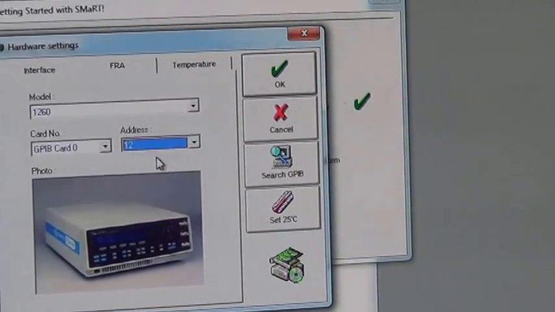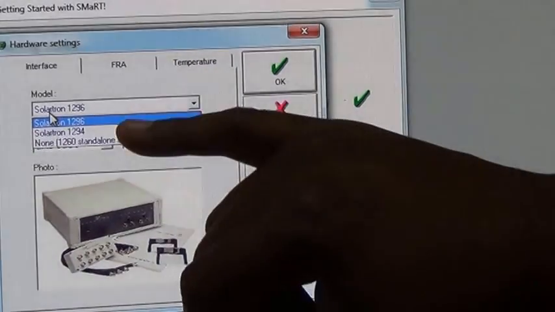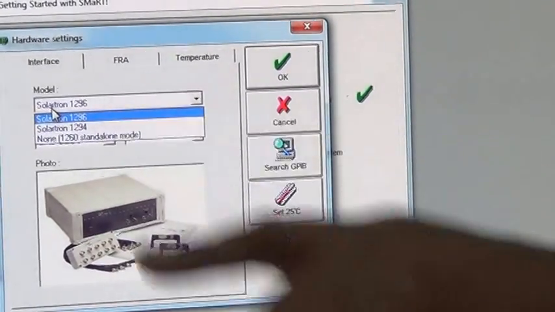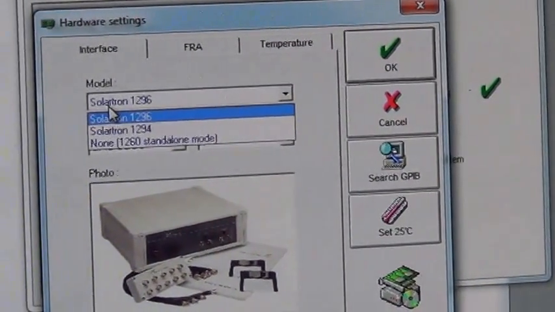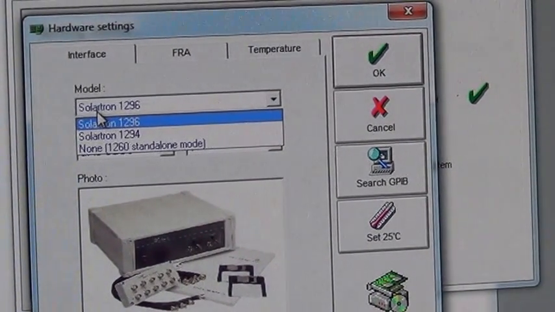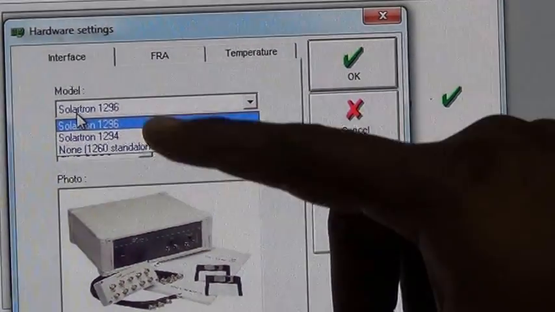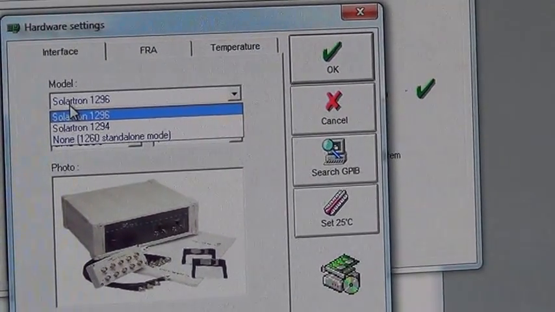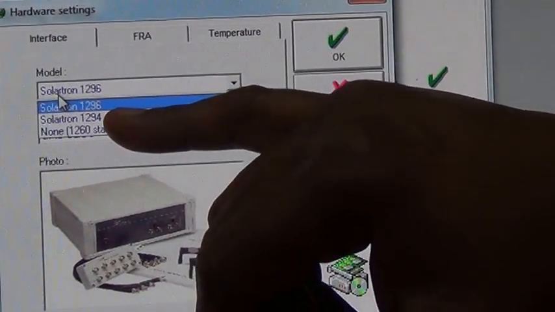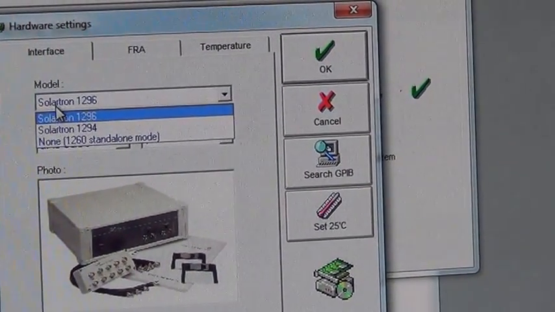Now this is done, and the interface. This system can be interfaced with two other models, that is 1296 and 1294. But this software will not support the 1287. If you want to work with the 1287, then you need Zplot only, or CorrWare. Zplot or CorrWare. But here it supports the other two interfaces. What is the 1296 basically? The 1296 is a dielectric interface. It goes up to 100 teraohm, in addition to the frequency range. And the 1294 is a similar thing, but for biomedical applications like tissue monitoring, all those things. So that is a different measurement. This will drive those other two units.